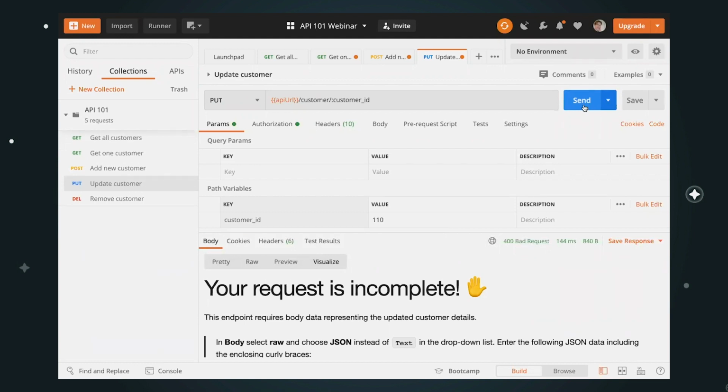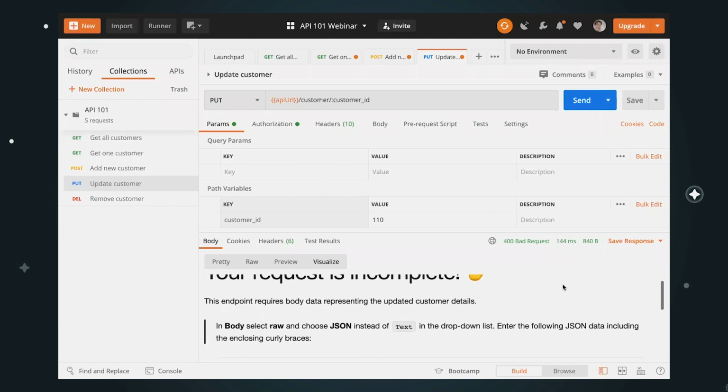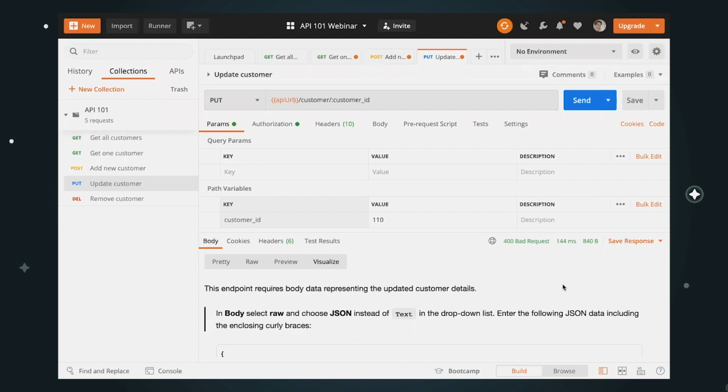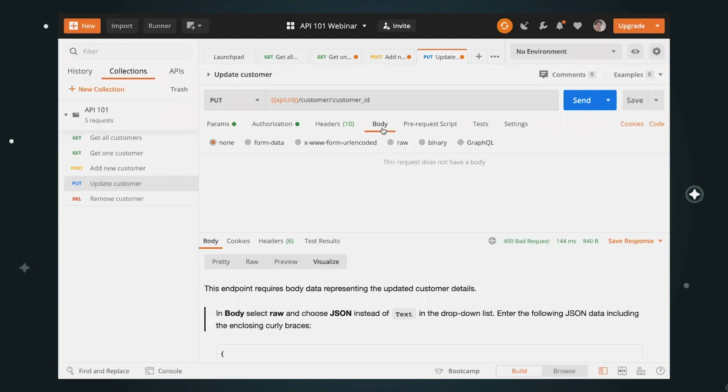We're still not there, but we're getting closer. So it's still a bad request because we specified the customer we want to update, but we haven't said what details we want to update yet. We're going to do that similarly to what we did when we ran the post request to add the new customer. We're going to go back into the body, select raw again, and select JSON again,